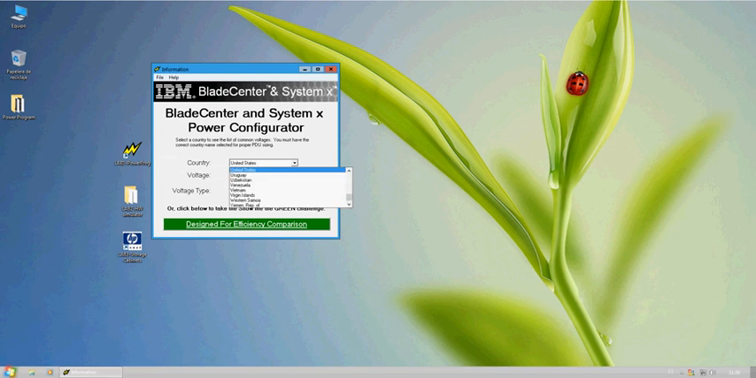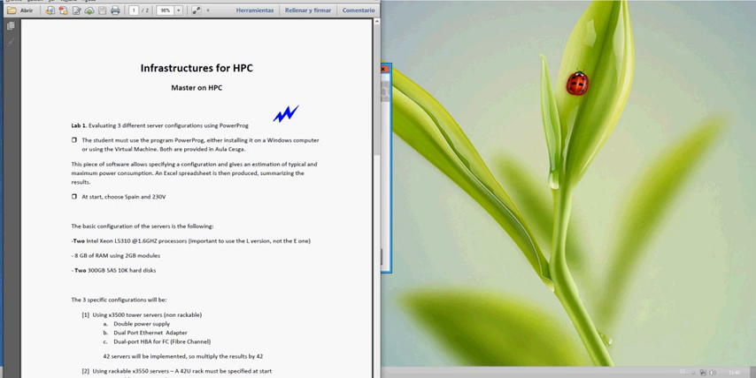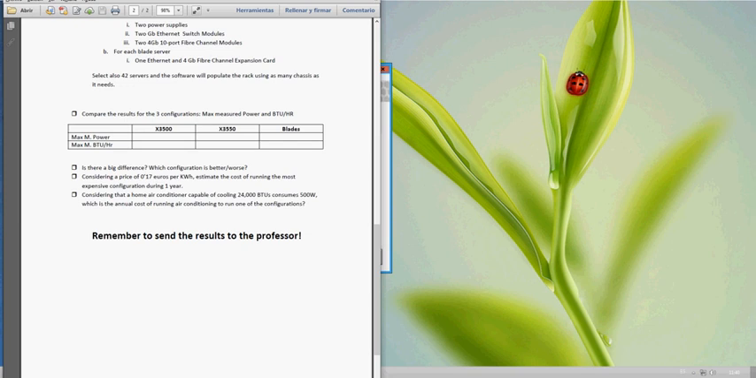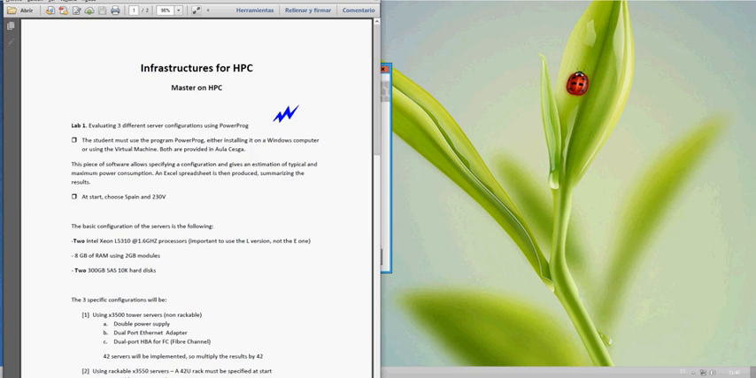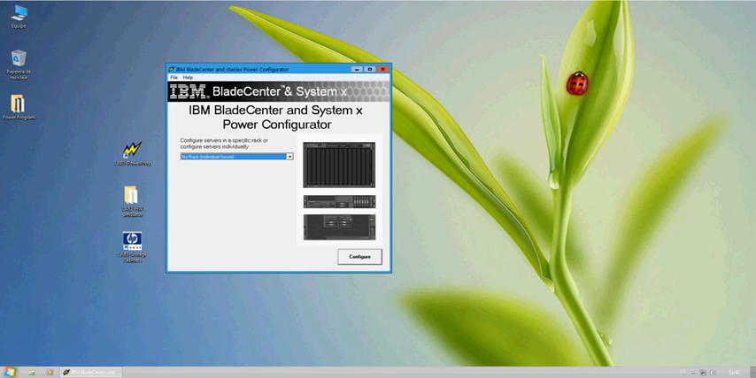I will choose here Spain. And then you have the text of the lab in a document in Aula Cesga. You have to implement comparisons with three different systems. So here in the software, you will also have to choose between using individual servers for the first part of the lab,